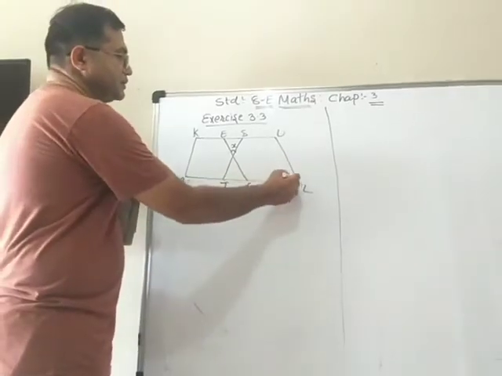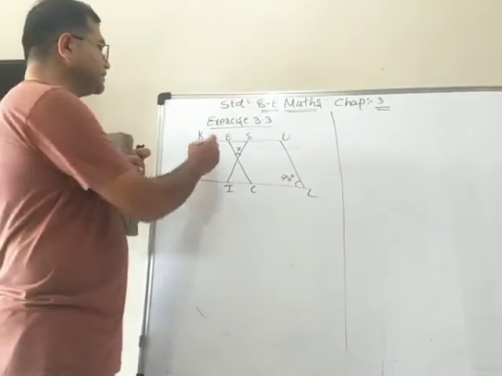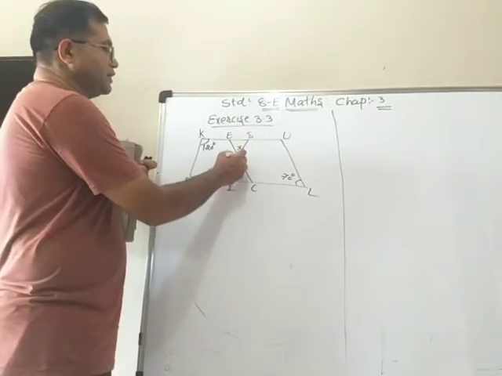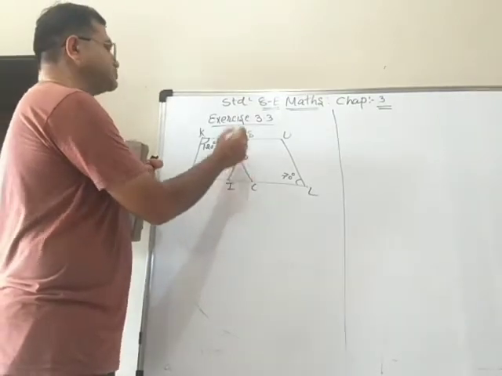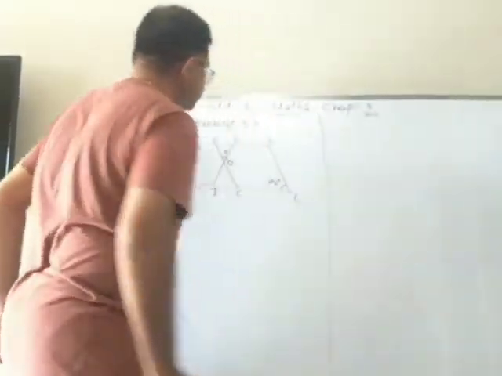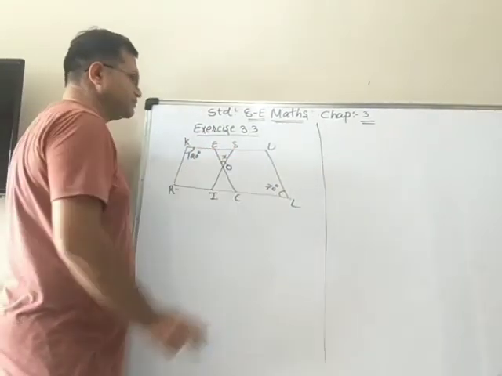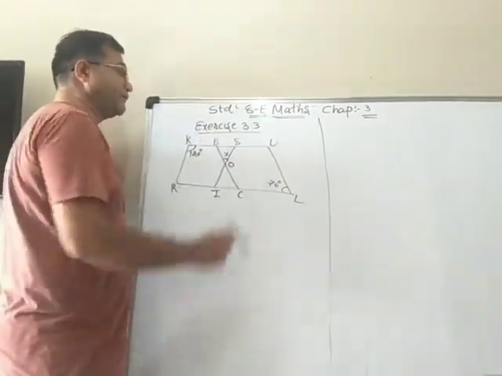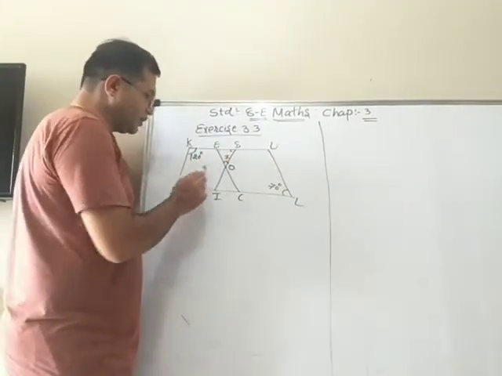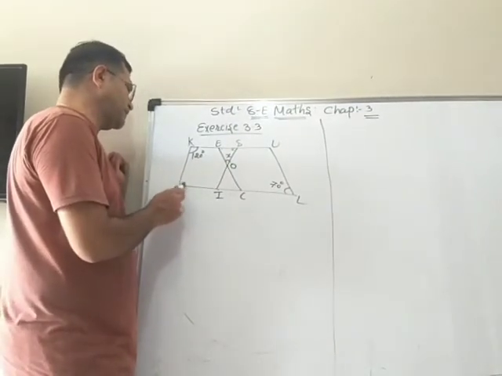And here angle L is given as 70 degree and angle K is 120 degree. And we have to find the value. Let me take this point as point O. Now, how can we find the value? If we get the value of this and this angle, then by angle sum property we can find. But that is the opposite angle of R. So angle S can be found if you find angle R.